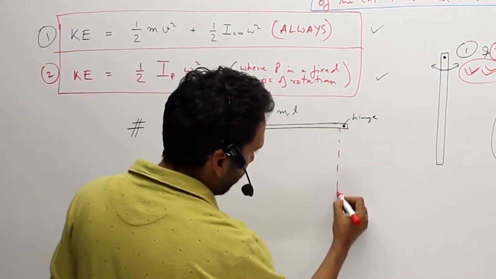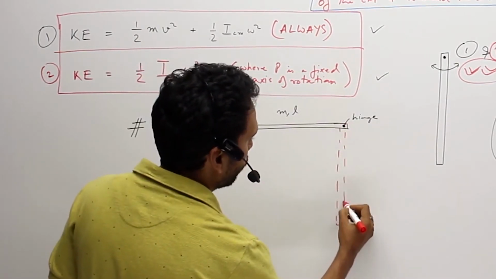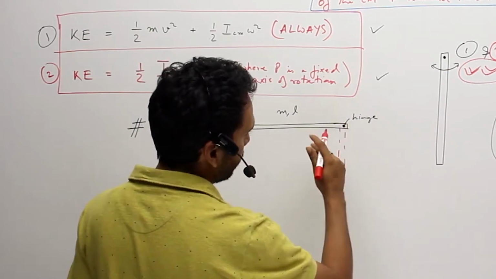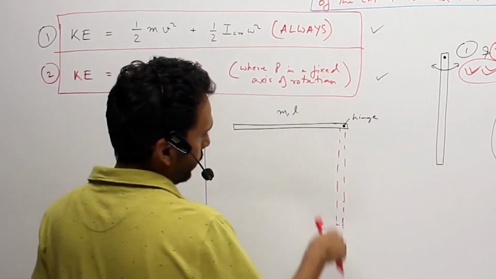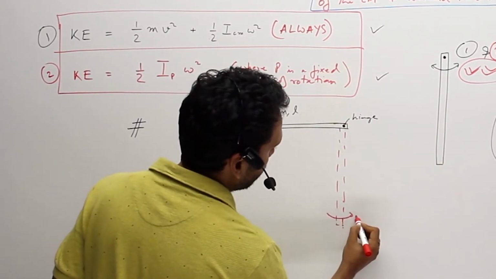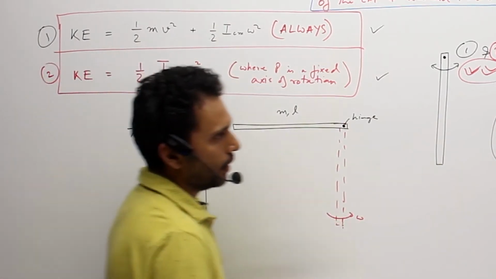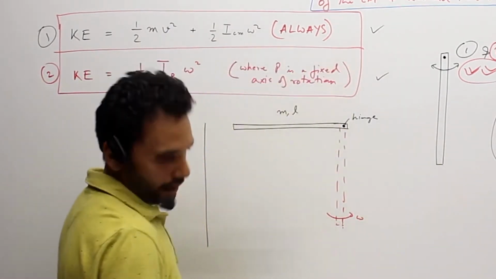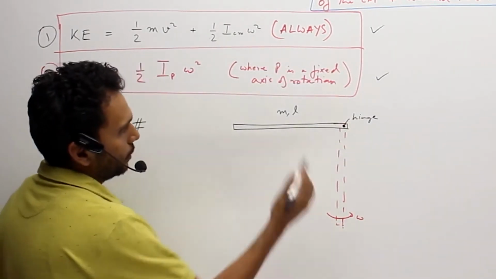It is going to go down and then again going to go up. If it is all frictionless, then it will go up till the same level. So what I want is, when it is at the bottommost point, what is the omega? So it's a simple application of energy. So try to do it. So I hope you have got the answer.